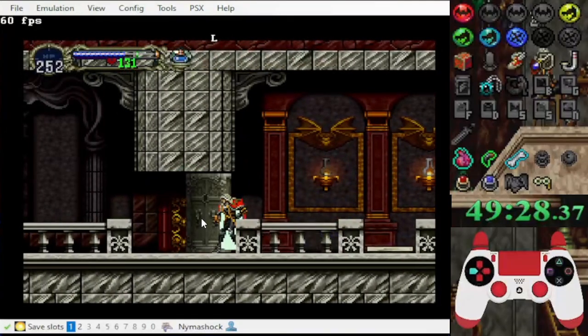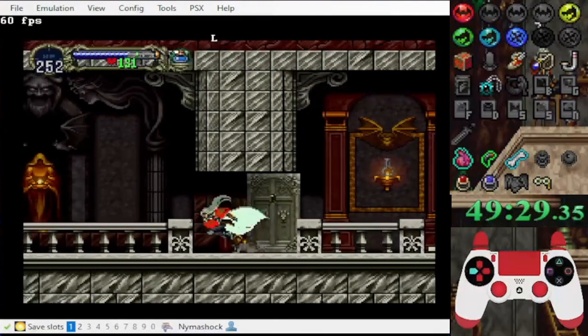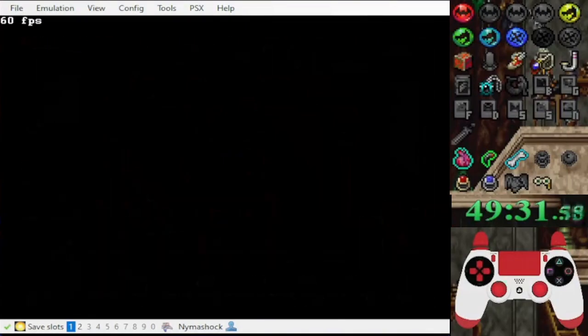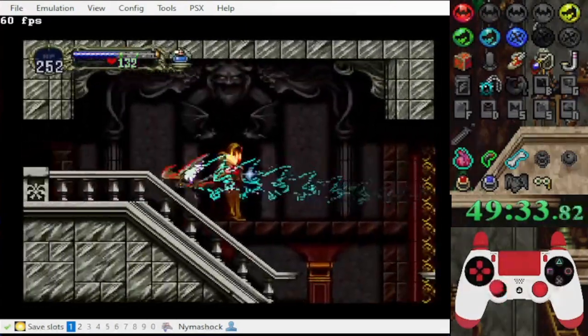Again, here, instead of pressing left and backdash, you should be holding Wolf so that you transform while the door is closing. Or Bat if you don't have Wolf, but